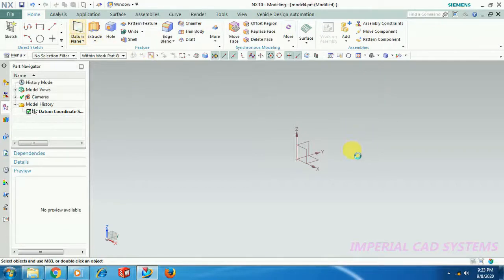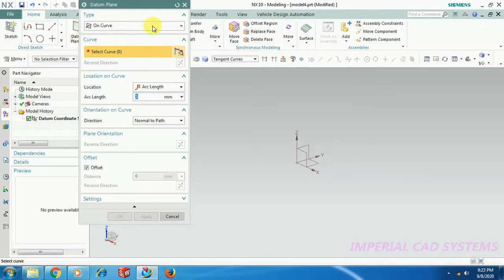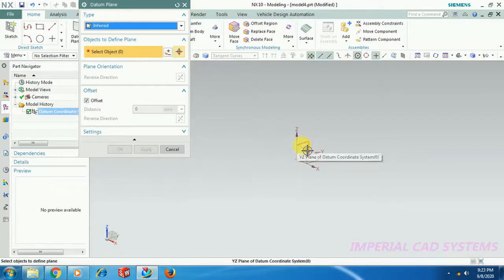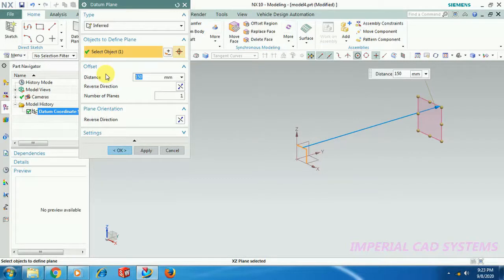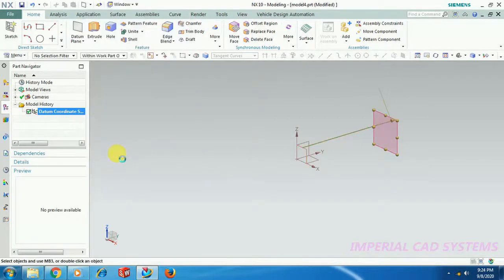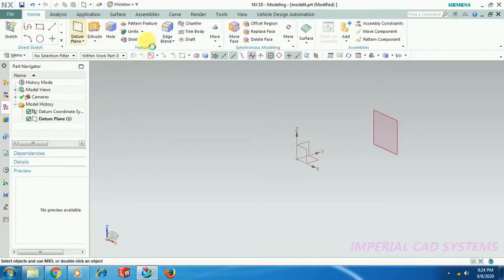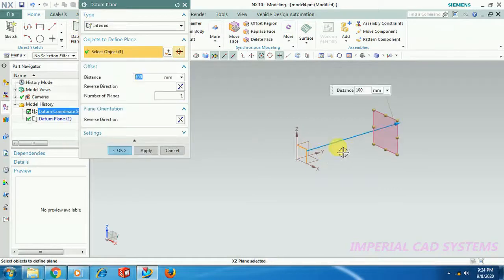That means I go to a plane and offset this plane at some distance, 100 mm. I take another plane parallel to that.